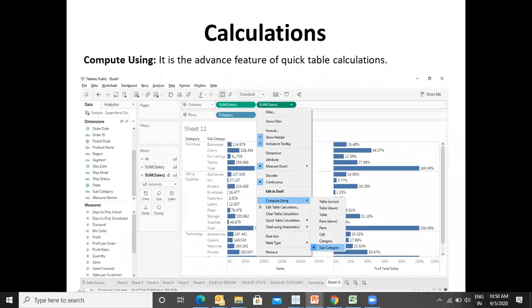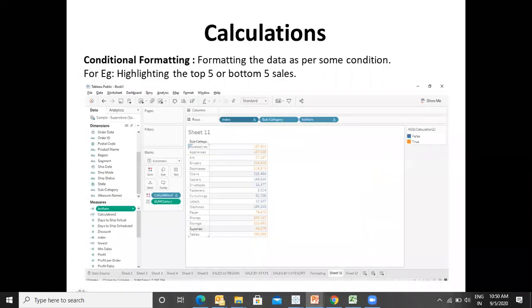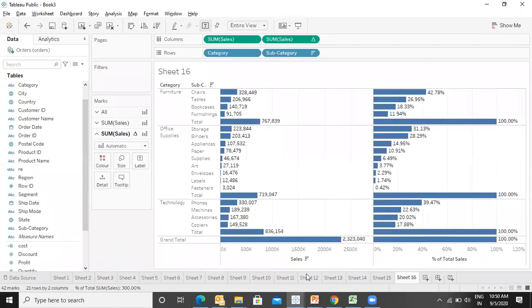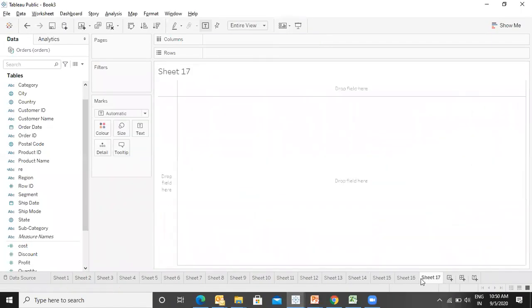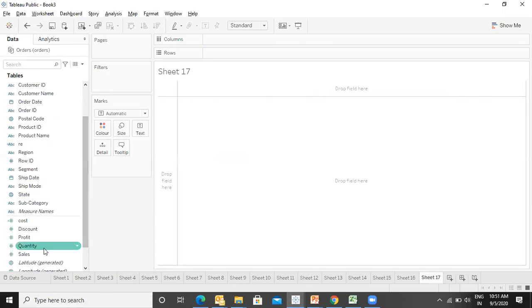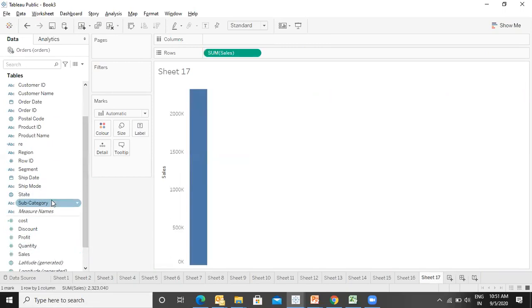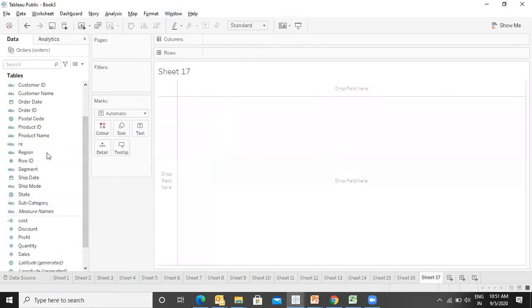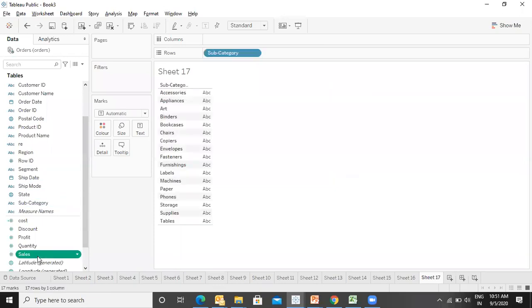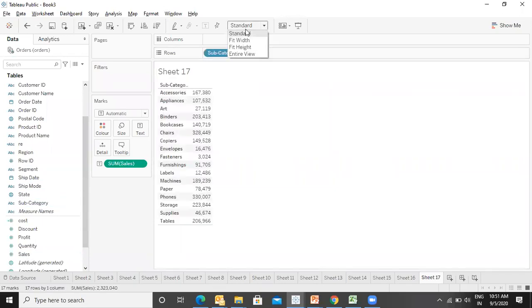The next thing coming up over here is conditional formatting. Somebody was asking about conditional formatting, right? Okay, so let's do the conditional formatting, and it's really a nice one. Suppose let's take the subcategory wise sales.